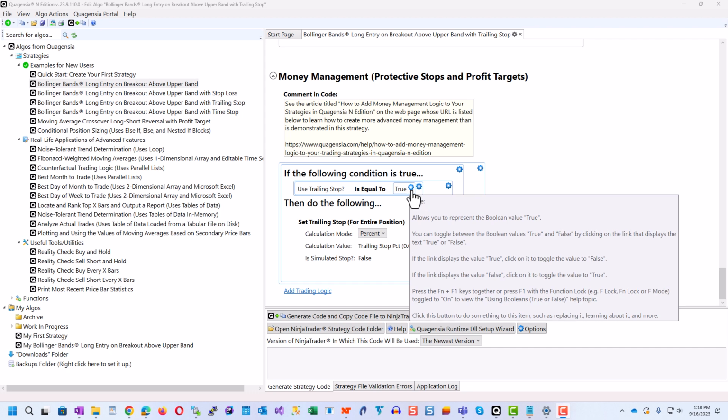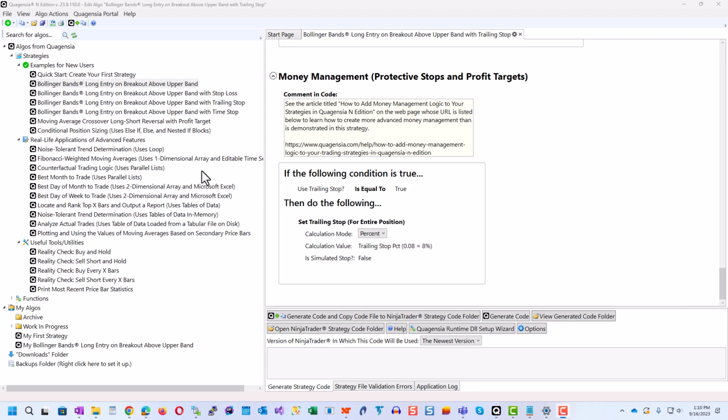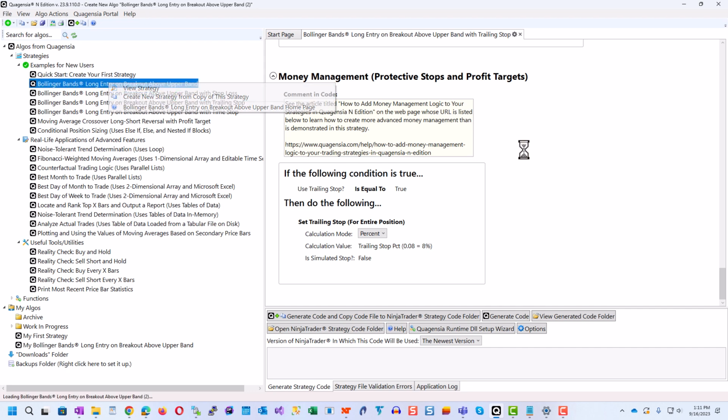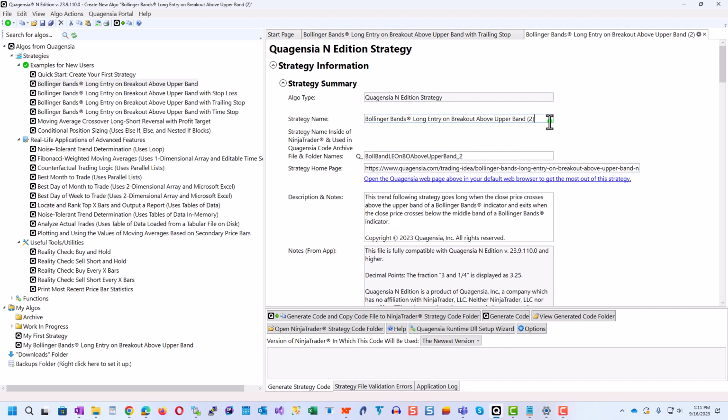Let's go ahead and add this logic to a copy of this strategy called Bollinger Bands long entry on breakout above upper band. To make a copy of this strategy, click on it and choose Create New Strategy from Copy of this strategy. Give it a name.